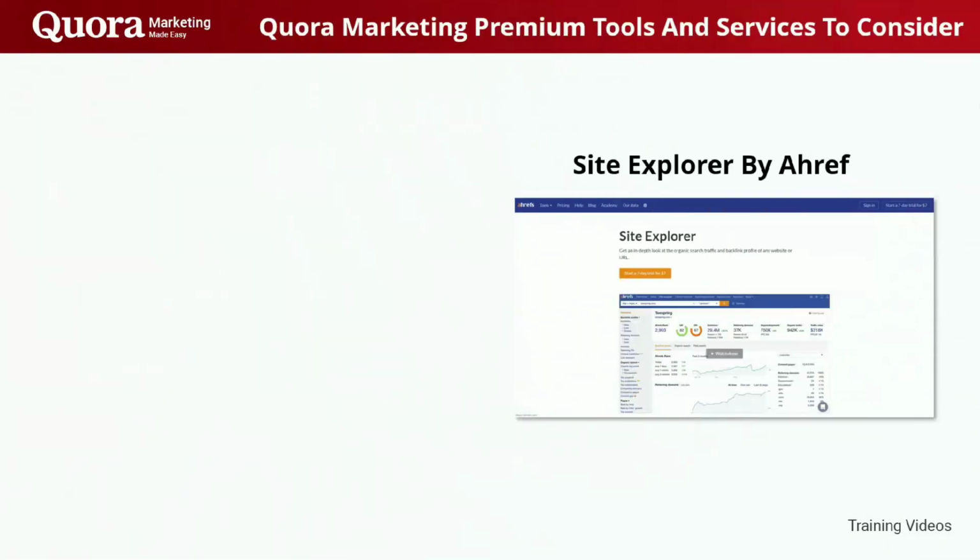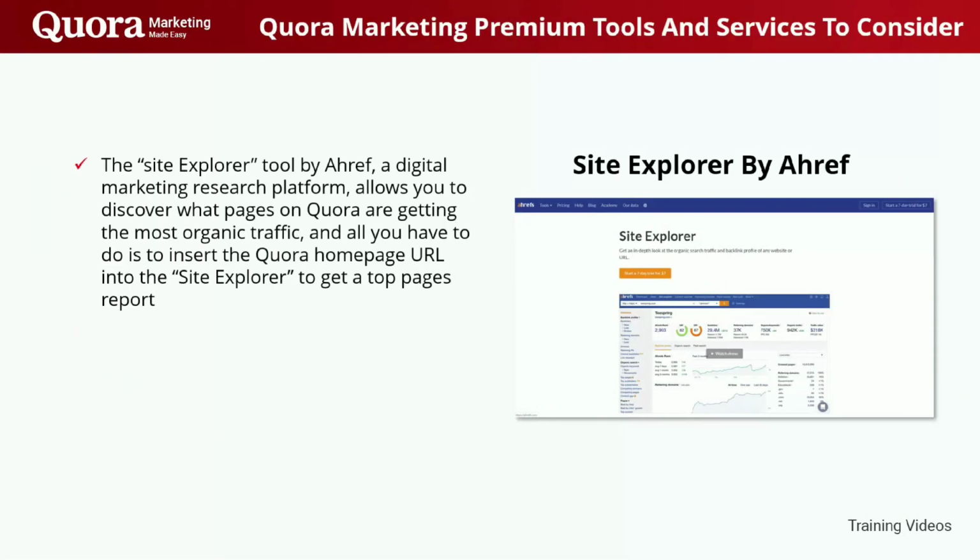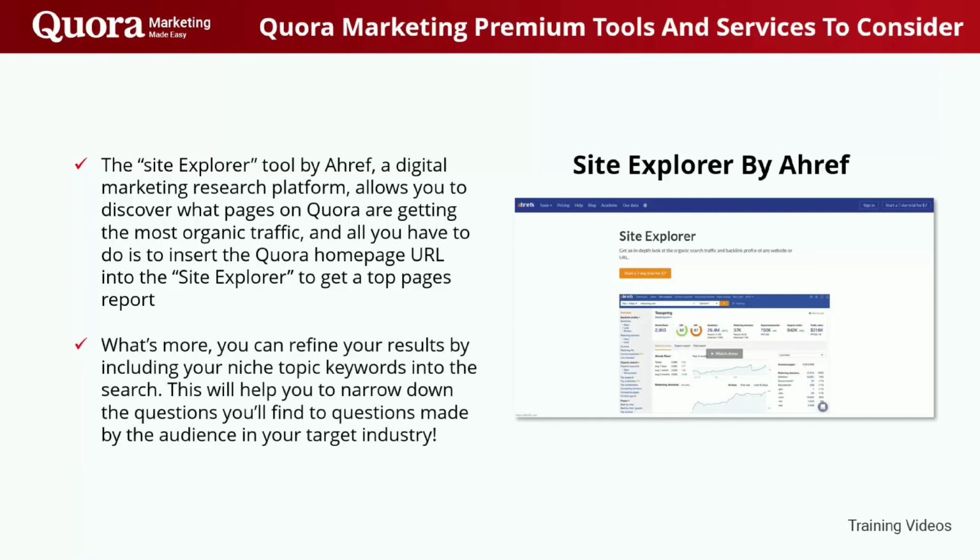Site Explorer by Ahrefs. The Site Explorer tool by Ahrefs, a digital marketing research platform, allows you to discover what pages on Quora are getting the most organic traffic. And all you have to do is to insert the Quora homepage URL into the Site Explorer to get a top pages report. What's more, you can refine your results by including your niche topic keywords into the search. This will help you to narrow down the questions you'll find to questions made by the audience in your target